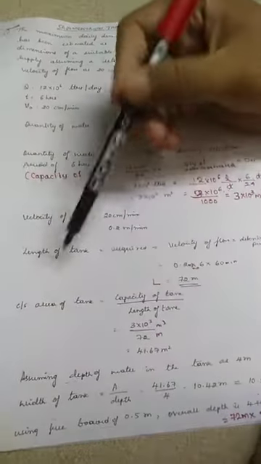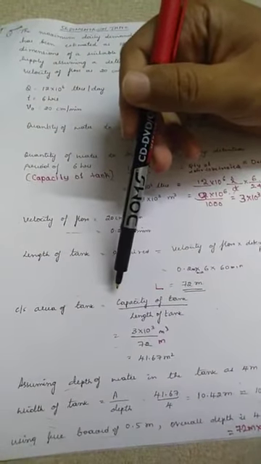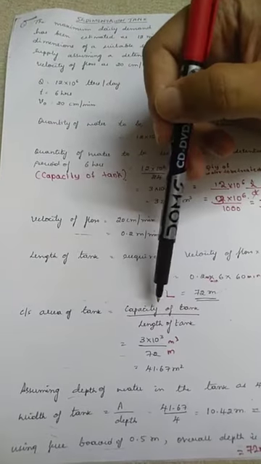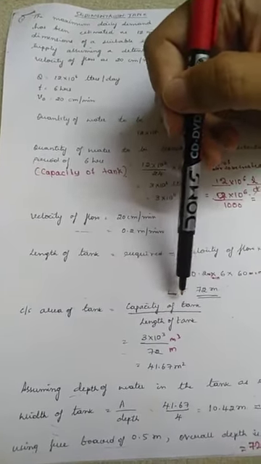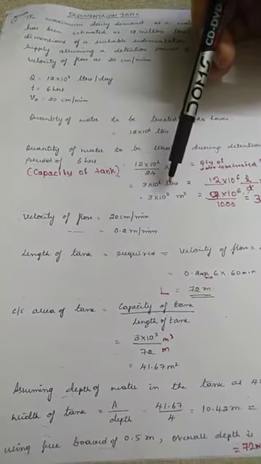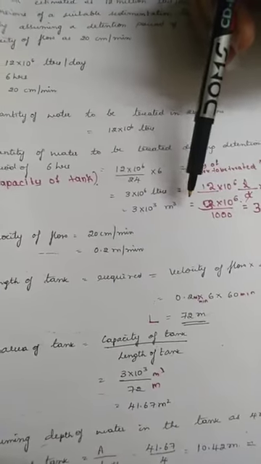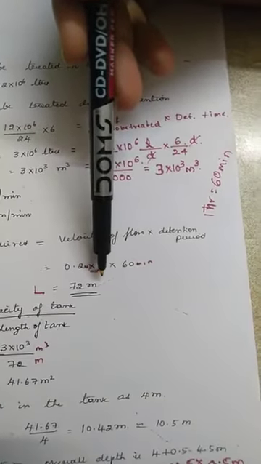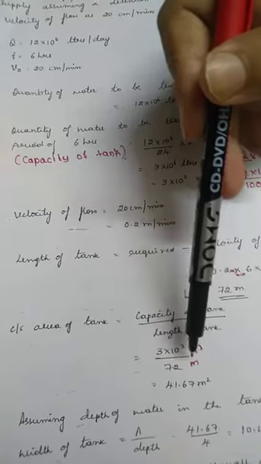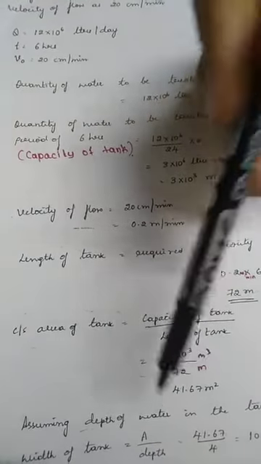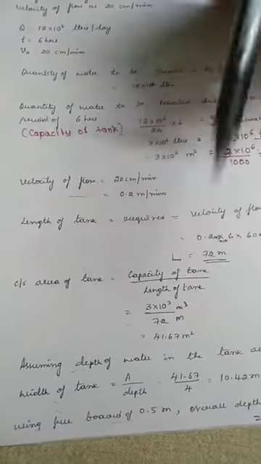Now next is the cross-sectional area of the tank. Again, for determining the cross-sectional area, we have already discussed the formula, that is capacity of the tank divided by the length of the tank. Now what is the capacity of the tank? The capacity we have determined here is 3 into 10 to the power 3 meter cube, divided by the length of the tank. Length is 72 meter. So 3 into 10 to the power 3 divided by 72, we are going to get the cross-sectional area A as